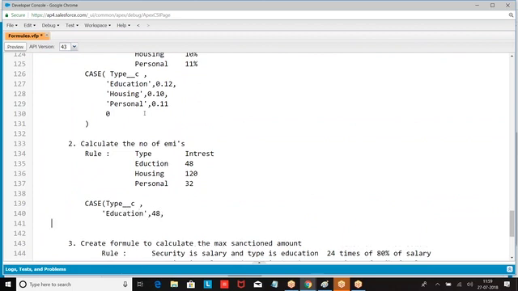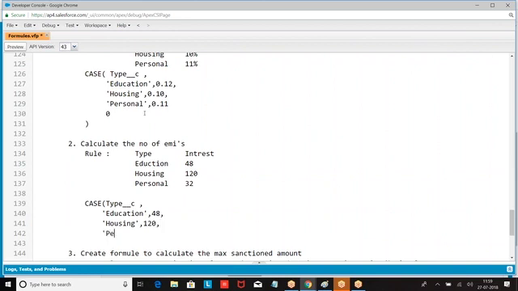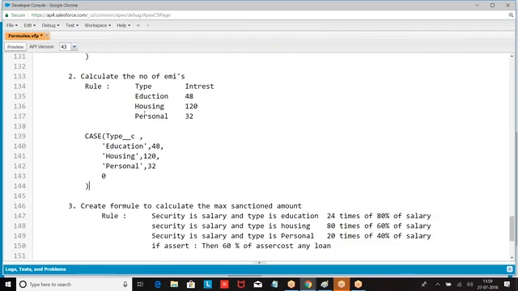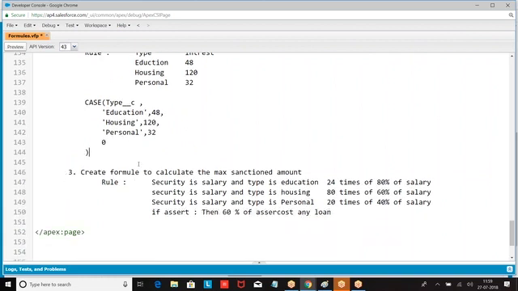Education 48. Housing 120. Personal 32. Now, this is how we created them: Education 48, housing 120, personal 32. Then, if you want to calculate the third one, an extra function is required. Is this clear,